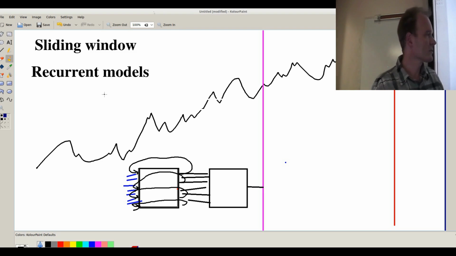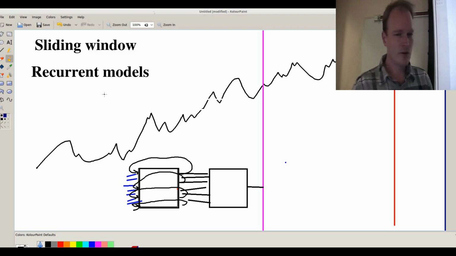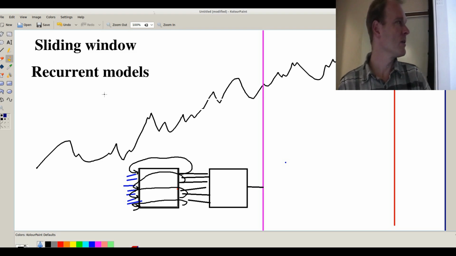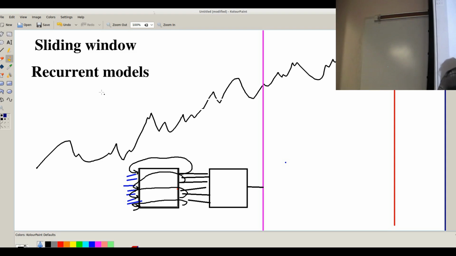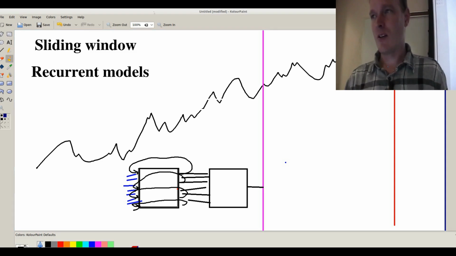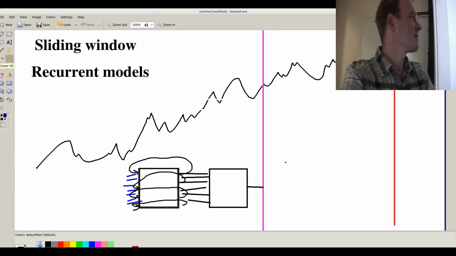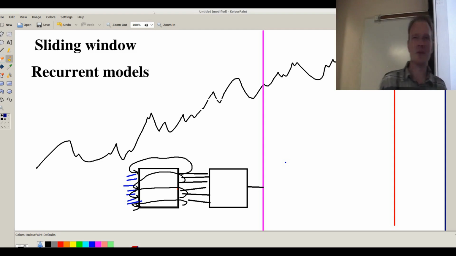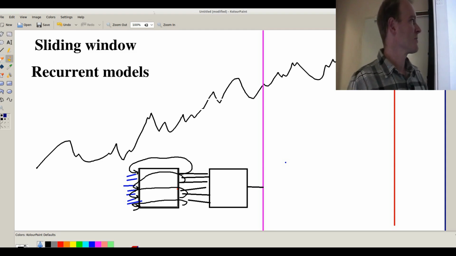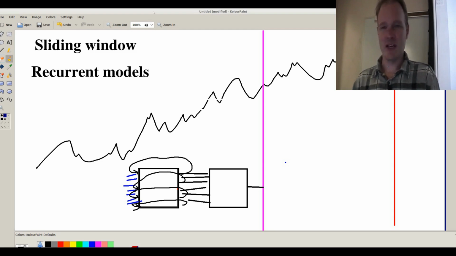So recurrent models are known to be very powerful. They're notoriously difficult to train. Although these days with LSTM models, we can do a lot better, and some really phenomenal results have been achieved with recurrent neural nets. The biggest problem with recurrent neural nets is they're notoriously hard to work with. Only really cutting-edge researchers seem to really be able to handle them and make them do anything, and in the industry, pretty much nobody touches them because they're scary and hard.